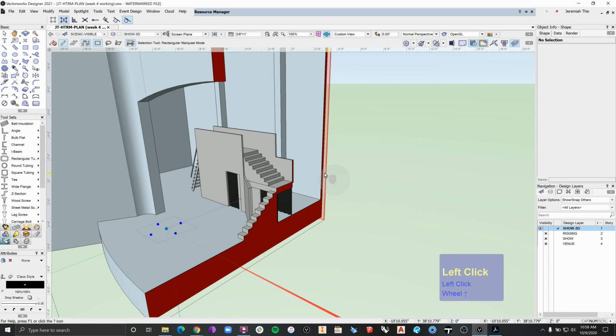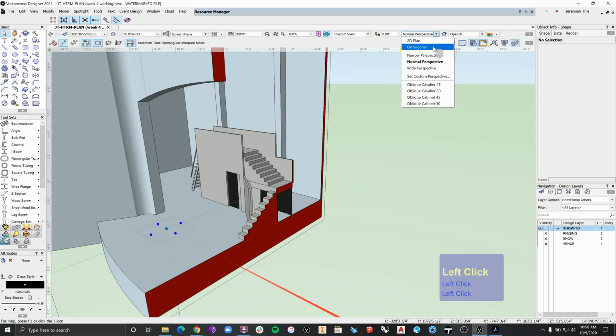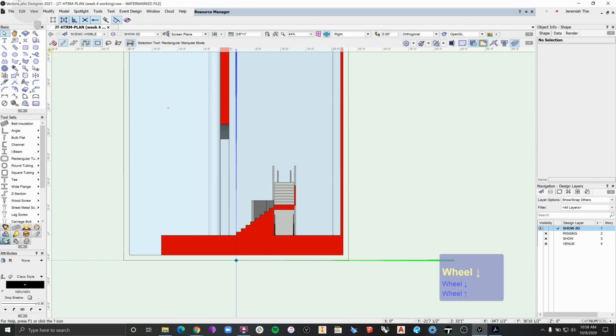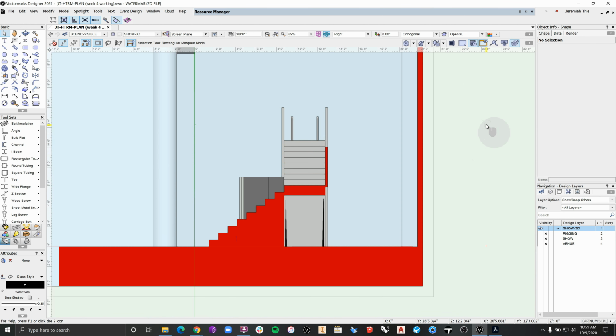But if I turn off my perspective and look at it from the right side, the way we have to read the room, so if we look at it from the side as if we sliced through it, we will start to see